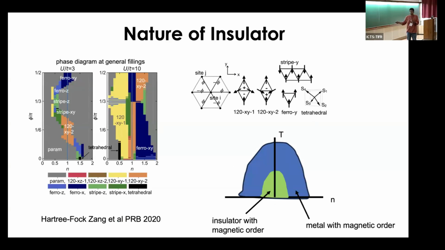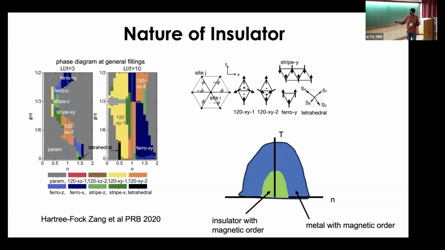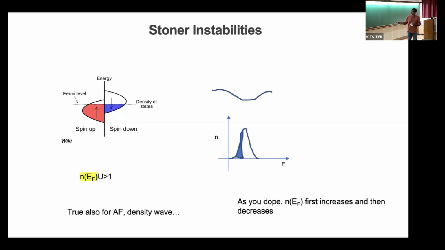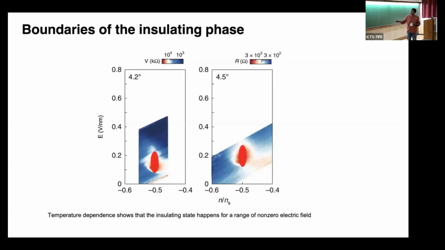metallic magnetic state. What we saw was evidence for an insulating state, but of course we don't know whether it's magnetic or not. So we started looking more carefully at what happens as you go near the boundaries of this insulating phase. And one of the interesting things that we found, that's in the second work, I'm just drawing here in a cartoon form, this is where that insulating phase is located as a function of electric field and as a function of density. This is for two different